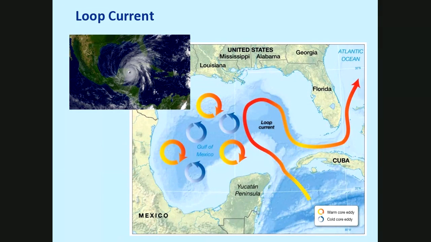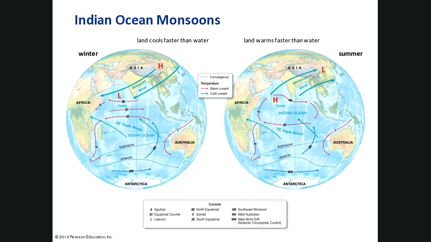This is a good example, the ones in the Gulf of Mexico. This is why we get hurricanes doing what they do sometimes. Hurricane Charlie, for example, came this way through the Gulf and then went back through Florida that way, following the current. That's going to cause local conditions. Here's another really good example of local, but